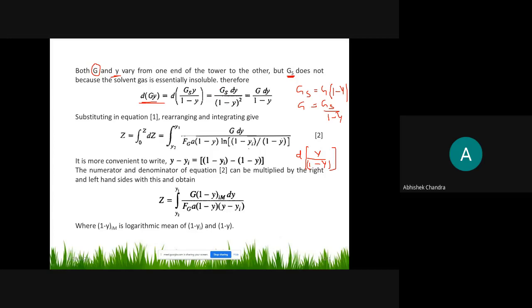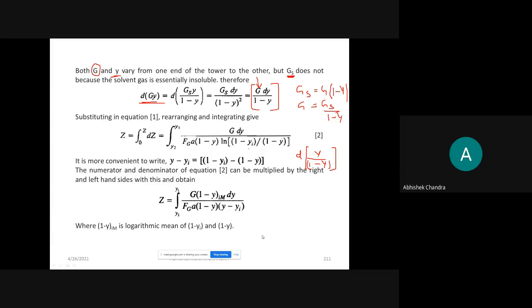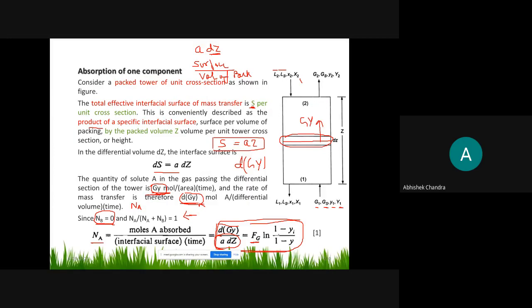Then Gs, again if you put this G, 1 minus y, you will get this, right. Now here G is a constant, G is outside from the differential, you can use this into your expression, put this value in this expression. Put it here, you have these values here, and then rearrange this expression and